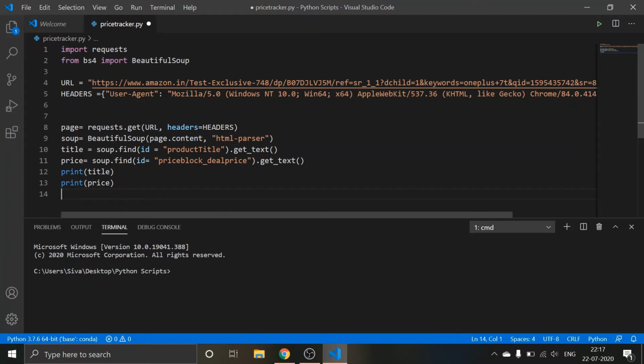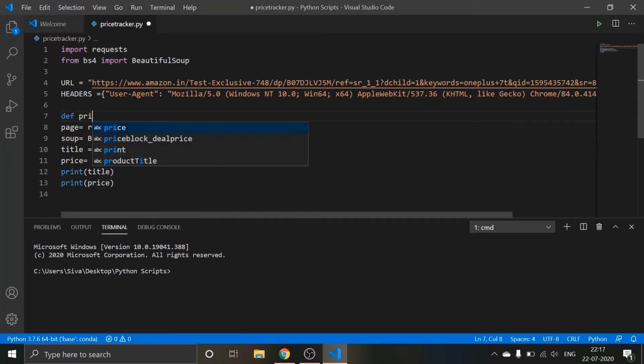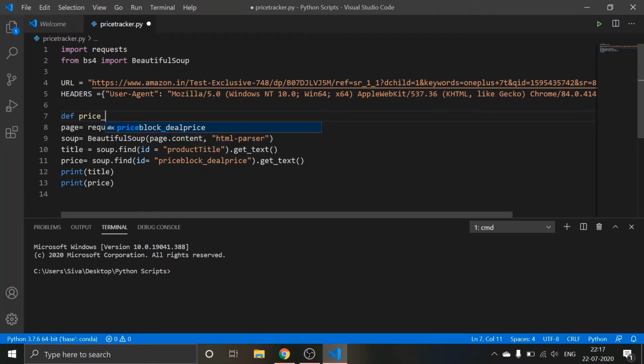Let me keep all of this in one function. Let's name this particular function title price.